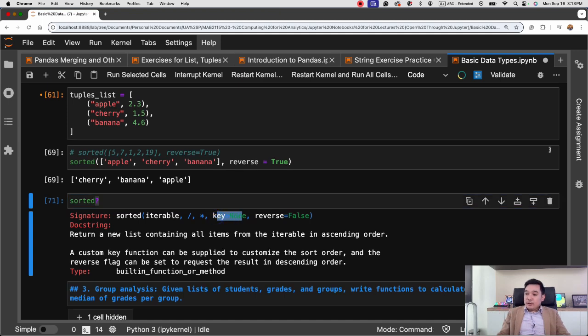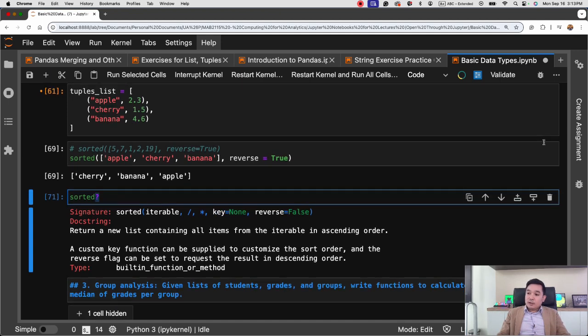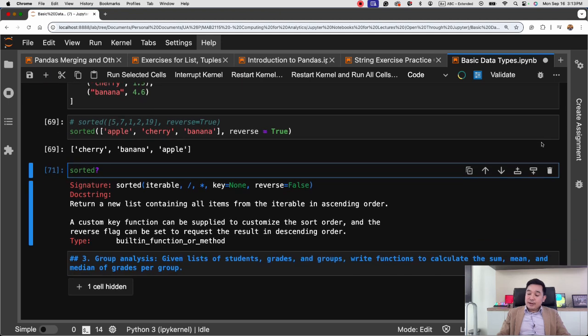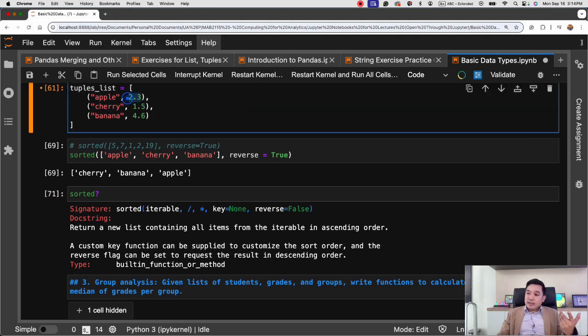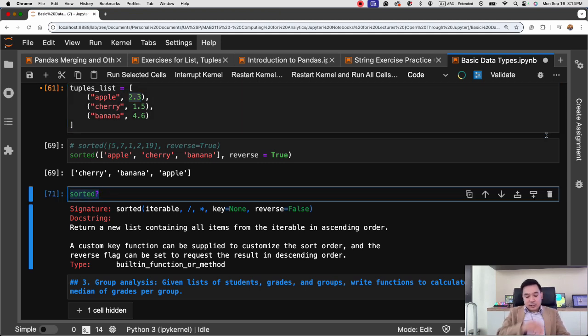So recall, just a small review here, that if you put in a question mark after a function, it should give you its doc string, and of course help on that function. Here we have the key. So we want to tell the sorted function, please sort on this key. To do that, we have to create a function first. So for example here,